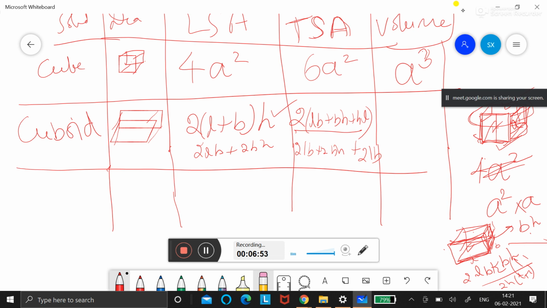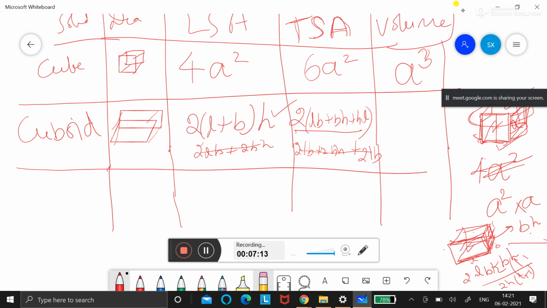How the formula came, I wrote it here. You don't need to learn that and write that. You try to understand the formula and then you learn the formula. Your formula should be in your memory, on the tip of your finger. Anytime anybody asks, you should tell the formula. Then only it's easy for you to score marks.